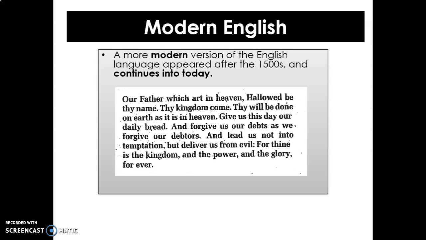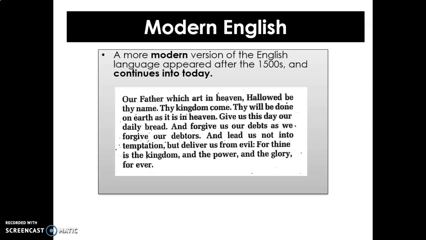Now, we say modern English was from the 1500s on. Now, let's be honest. 1500s to 2020, that's still a huge chunk of time that's being considered here as modern English. But one of the biggest things that happened with modern English is people decided to write things down, to try and create a list of rules and order. Remember Samuel Johnson in his dictionary? That was part of this process of creating rules to govern English, and those rules have stayed in place.